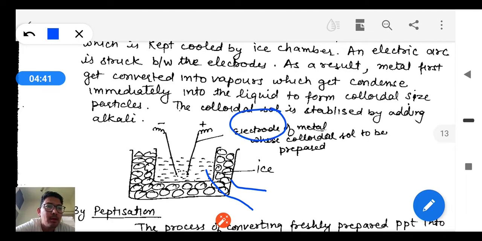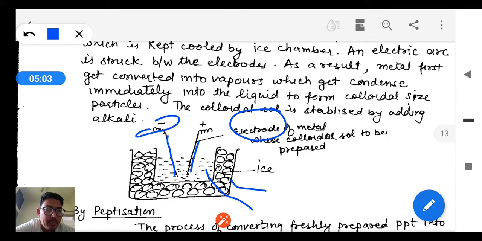Normally this Bredig arc method is used to form gold sol. So the electrode of gold is taken, and very high voltage is supplied, and the voltage is so high that this metal directly